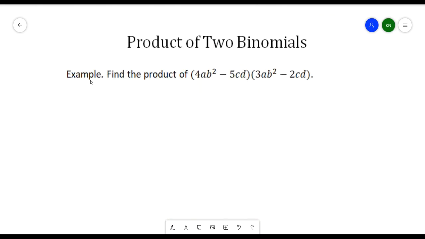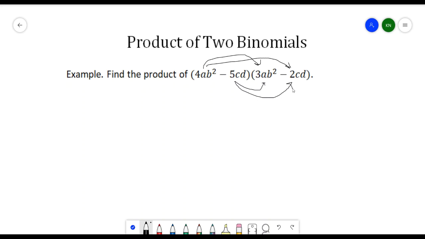So we have here an example. Find the product of 4ab squared minus 5cd times 3ab squared minus 2cd. So in this case, we will just be solving this one using distributive property. So we have this term multiplied by this and multiplied by the other term, as well as the second term multiplied by the first term of the other algebraic expression, and as well as the second term. So that being said, we have